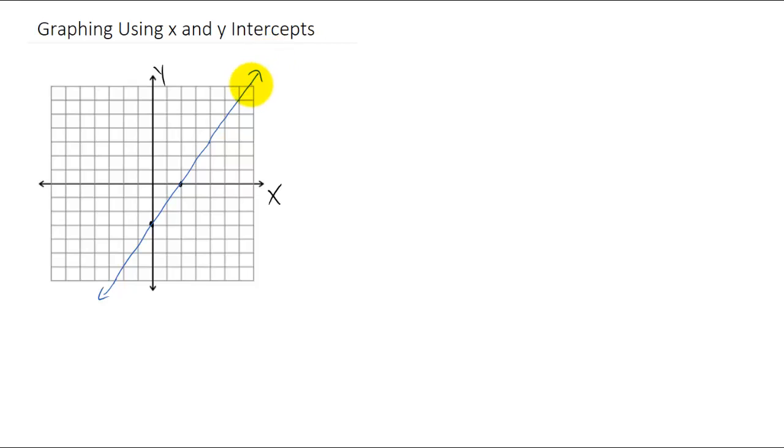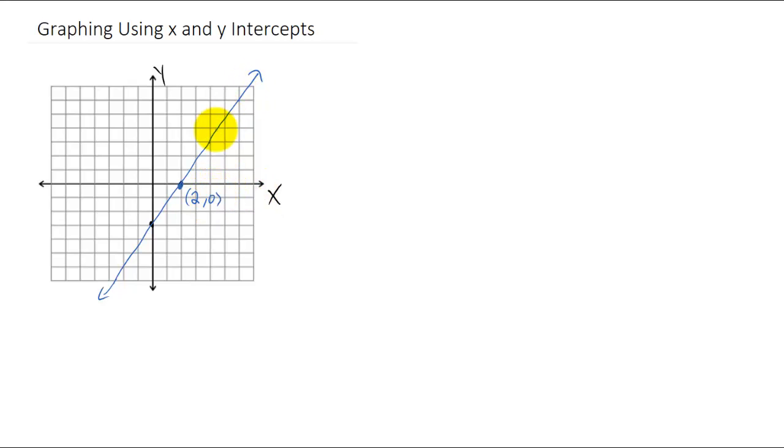If we have a line that looks like this right here, the x-intercept of this graph is the point right where the line intersects with the x-axis. So that's a point, and it's the point (2, 0). And you might realize that no matter where this graph intersected the x-axis, the y value of the x-intercept would